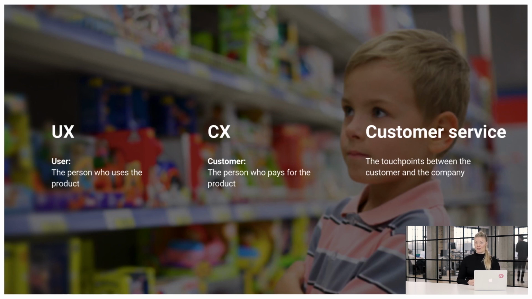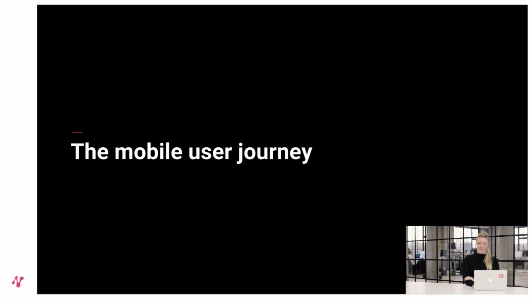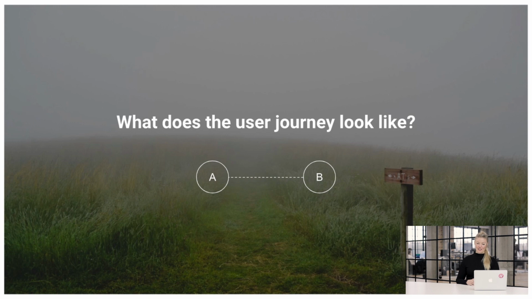But if we want to create good customer experience and good user experience, we have to think about the entire customer or user journey and not only the customer service. And this is why the user journey and the customer journey is very important. And so, of course, there are user journeys that are more beneficial for app development. And I'm going to go through the 2 different user journeys that I see. And the first one is the one that I call from A to B. So it's basically like a linear user journey.